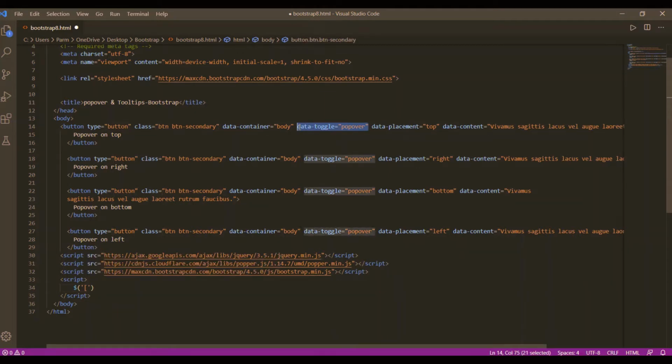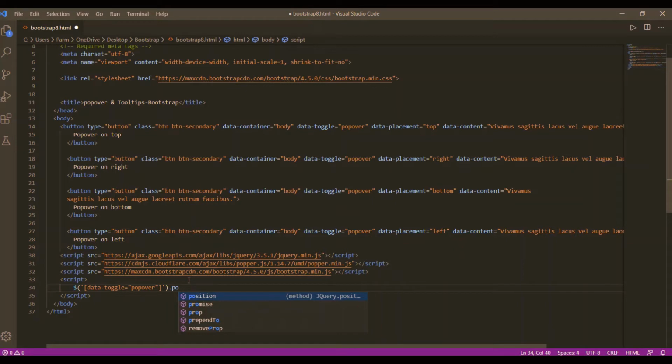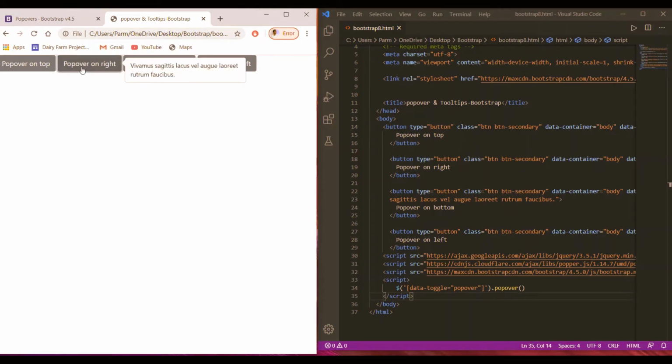Copy it from here, Control C, and paste it here, then close the brackets. Then here you write dot popover. Save this, and here we go, refresh it. We click on this, look at this.